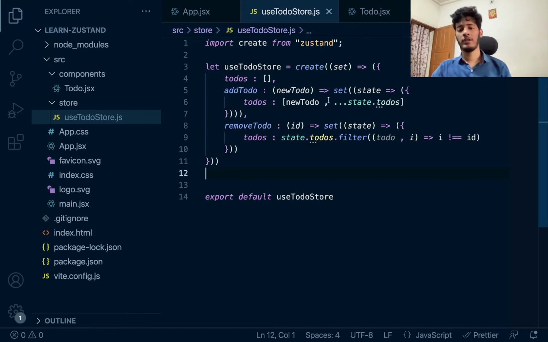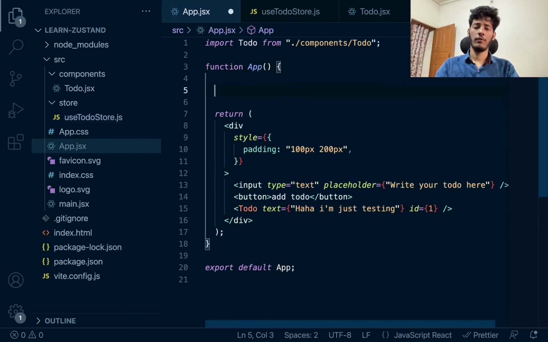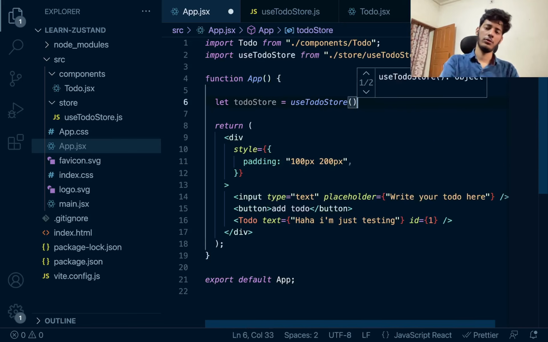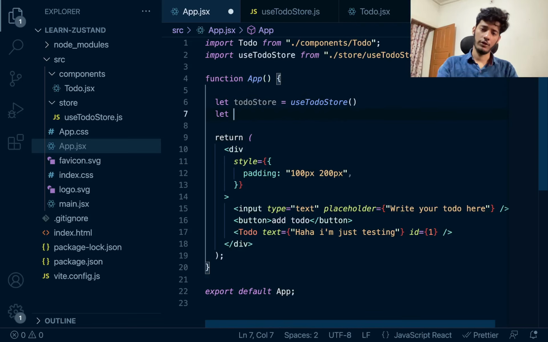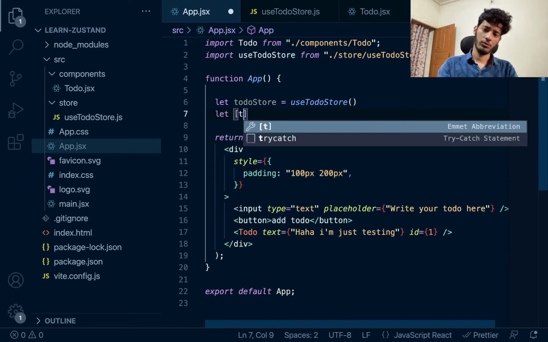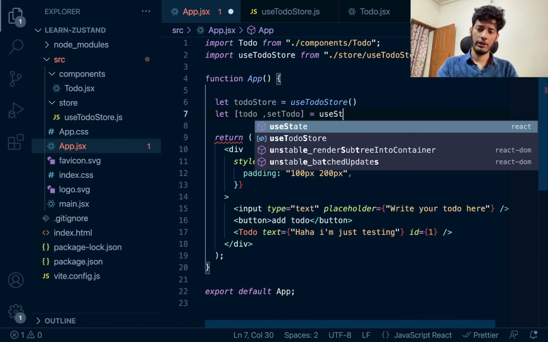This is a very simple store which we have created using Zustand, and you can use it anywhere. Let's say I'm going to use this over here. So how will I do it? I'll say useTodoStore. Once you have that, let's say you want to add a todo. You'll have to keep track of this, so todo and setTodo, and you have to call useState.